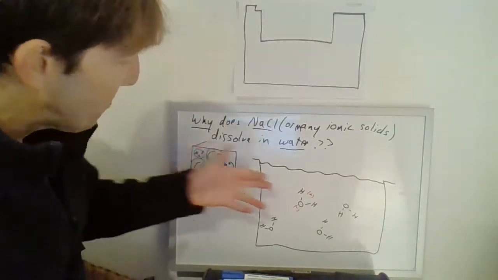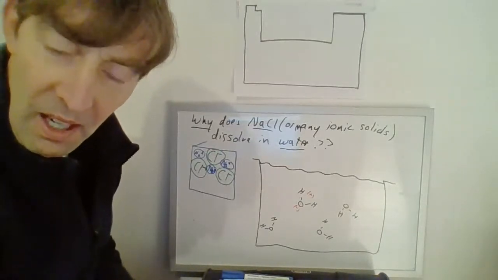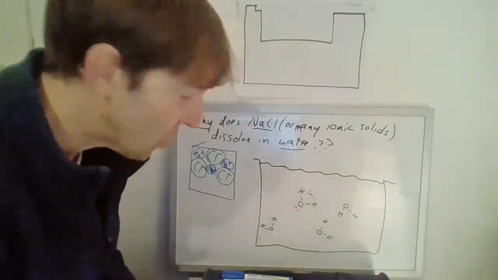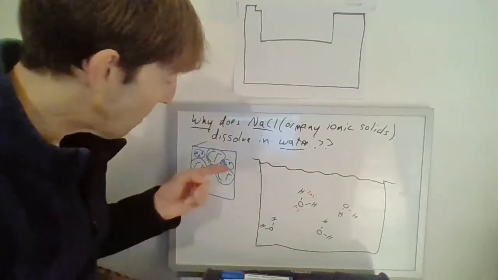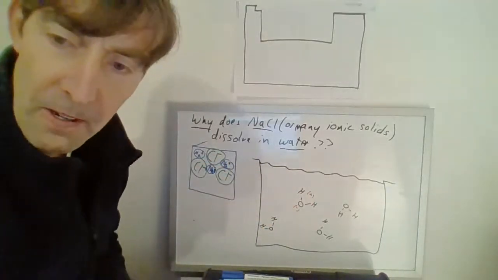So back to our question. Why does this stuff dissolve in water? What's going to happen, everybody? Liam's on a good track. He says it pulls the NaCl apart. He's right. So the NaCl gets pulled apart. And what happens to the parts of this? Explain what happens to the different parts.